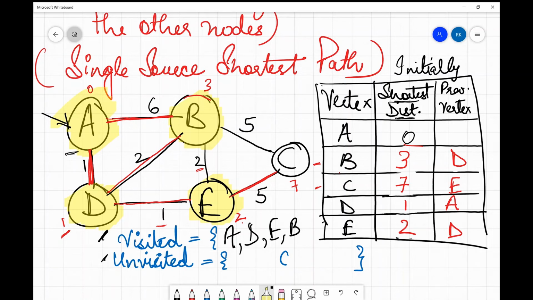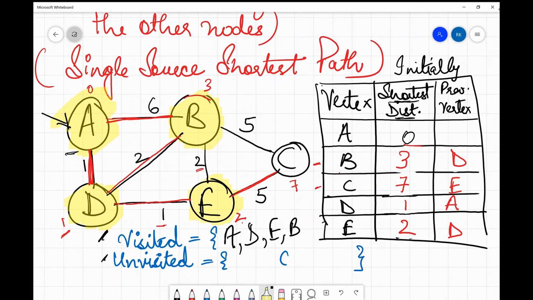So we'll not update that. Then we'll check for D. The cost is 3 plus 2, 5, which is again larger than 1. So we'll not update that as well. We'll check for E, which is 3 plus 2, 5, which is again larger than 2. So we'll not update that as well.